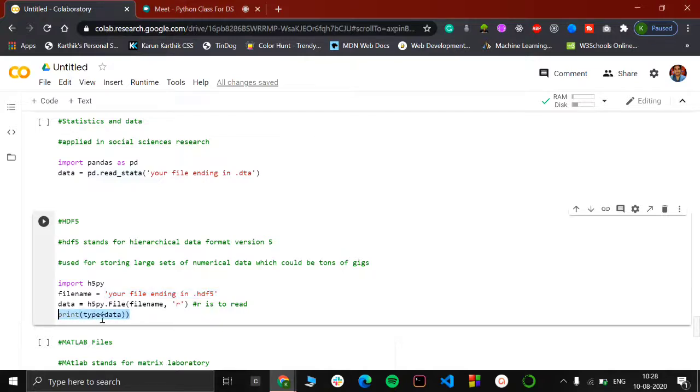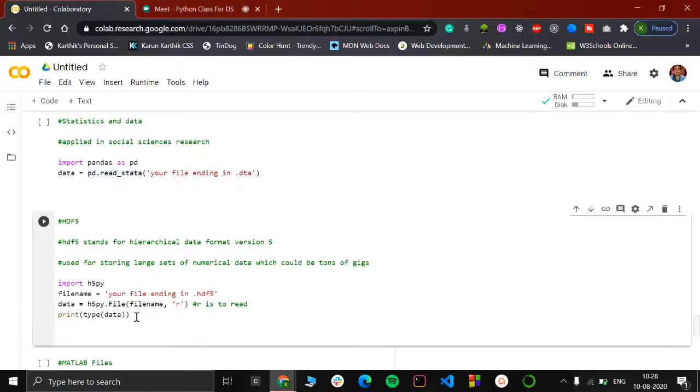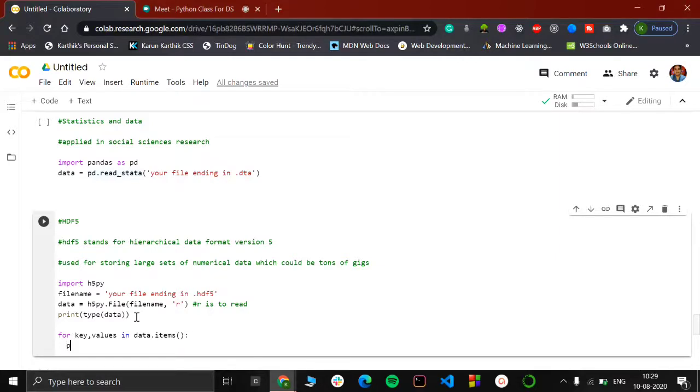You can print the type of data, but what happens is most of the hdf5 data will be stored in a dictionary format. So for that, again in dictionary, if you remember, what you should be trying to do is writing something like, let's say I have given data, right? So I should be doing this thing in order to